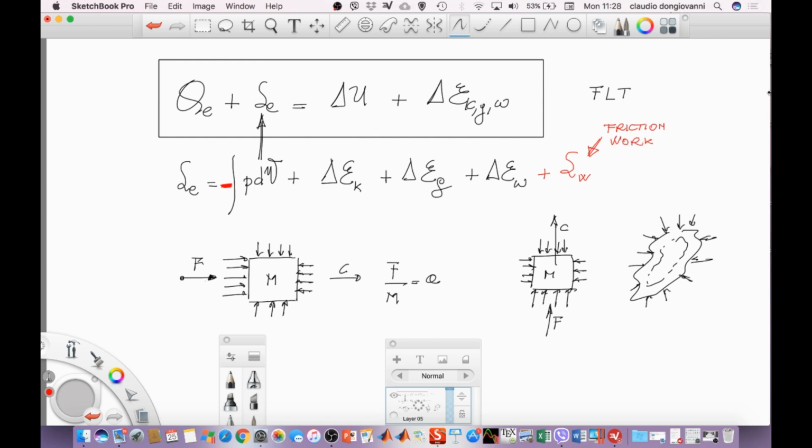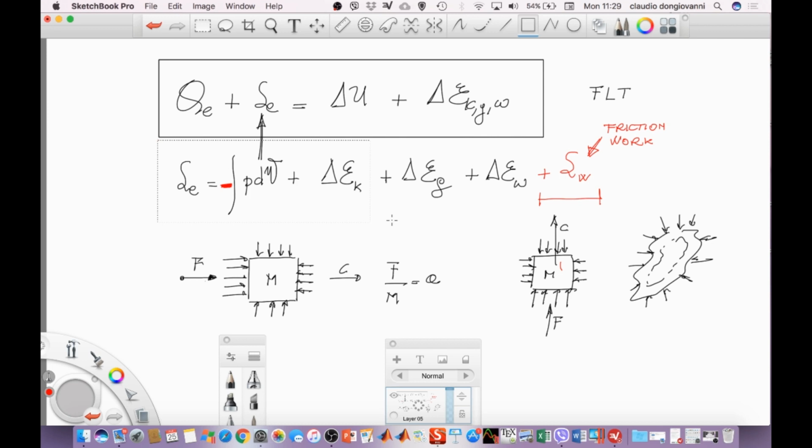The friction work says that a portion of the work provided by the external force will be used in order to compensate the friction. So we introduce a work. This work will be able to deform our system, accelerate our system, move it in the centrifugal or gravitational force field, but also able to provide the energy required in order to move our molecules one near to the other one. This is another very important relationship